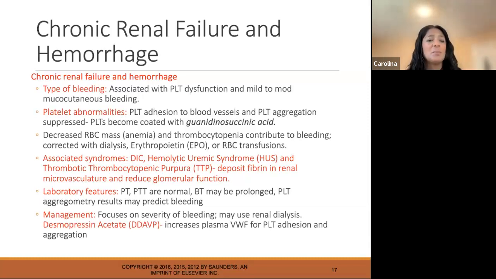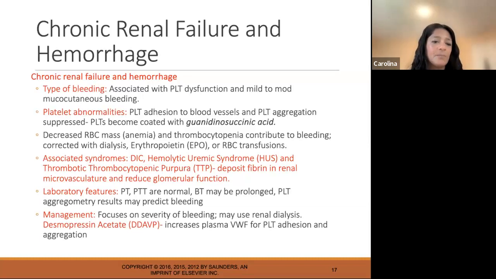There's also thrombotic thrombocytopenic purpura. All right, so with HUS and thrombotic thrombocytopenic purpura, they deposit fibrin in renal vasculature, and then they reduce the function of the glomerulus. All right, so that can add to the issue and cause more hemorrhage,